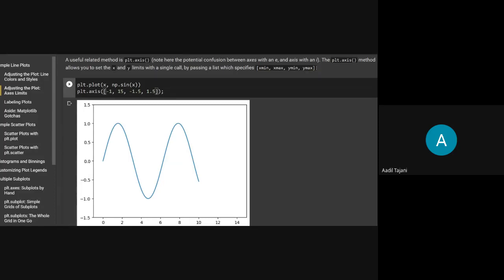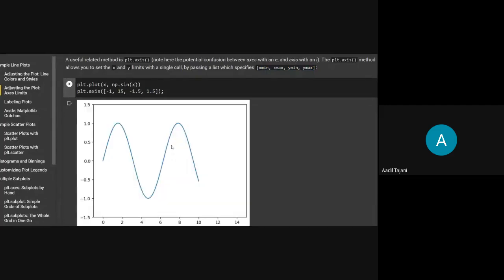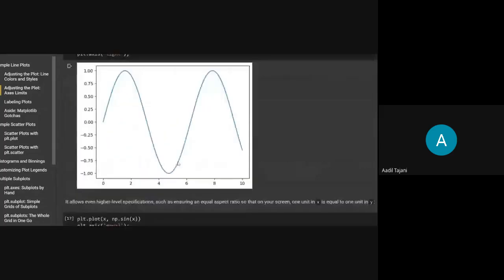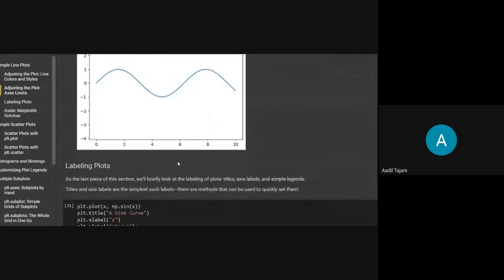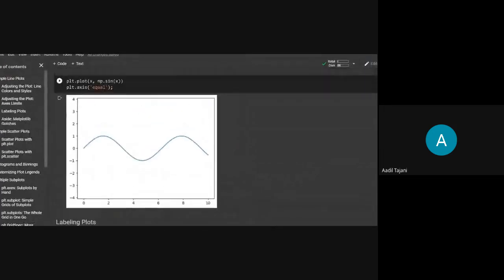I want to start the y-axis at -1.5 and end it at 1.5. This is the list that you mention in that function, and it will set the axis accordingly. This is how you change it.